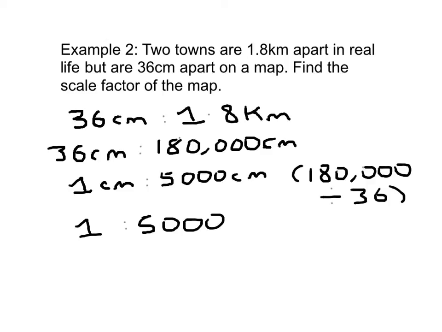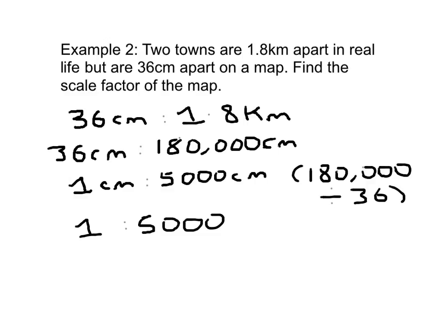As a final example, let's say that we have 2 towns which are 1.8 kilometres apart. But on a map, they are 36 centimetres apart. And we want to find the scale factor of the map. So again, what we do is we write down the map distance compared to the real distance, 36 centimetres compared to 1.8 kilometres. We make the units the same, so 36 centimetres is